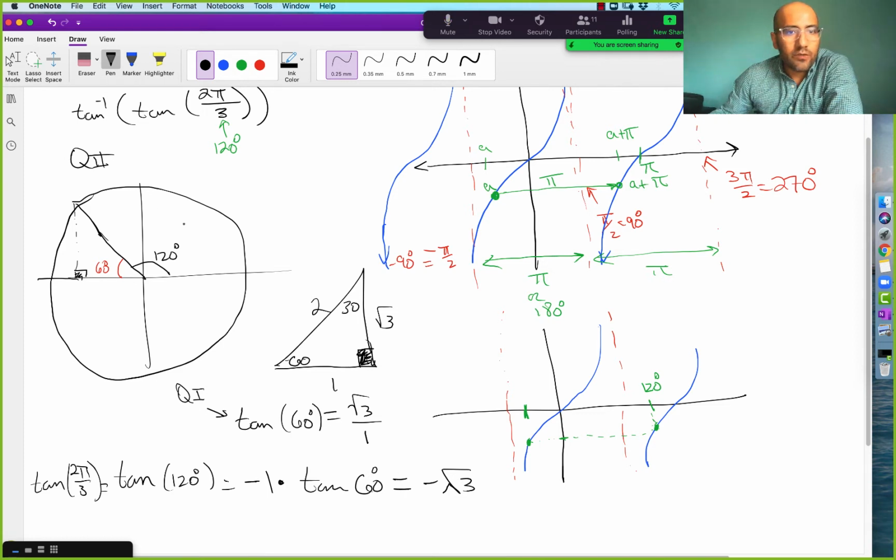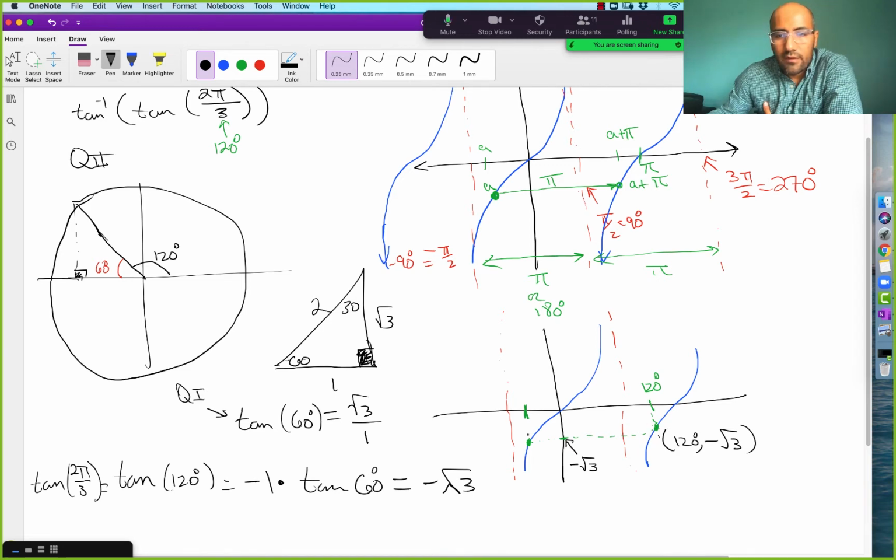So far we're good. So we've managed to insert a -root 3 in here. Still all good? Good. But we can see from our graph that what we've done is we've established that this value right here is -root 3, right? This ordered pair is 120 degrees, comma, -root 3 on our